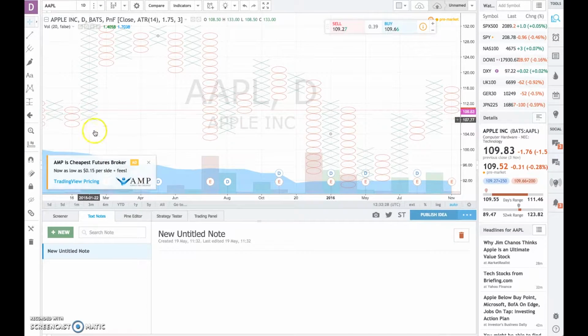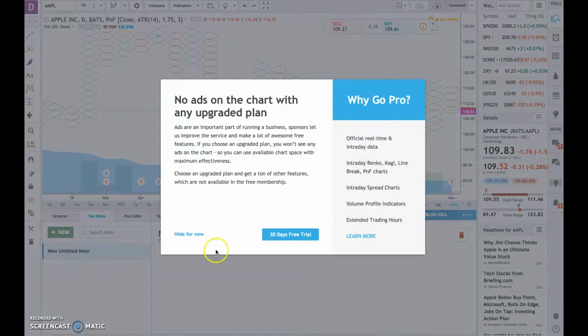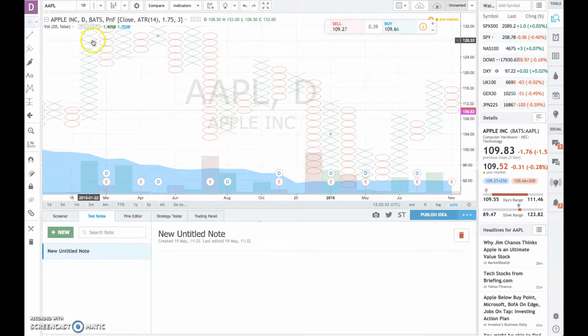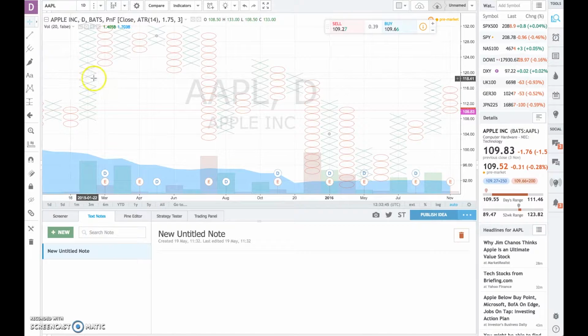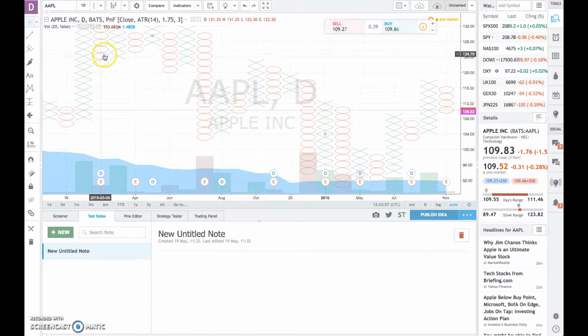So taking a closer look, let's get right into just what this means. The X's and the O's that make up the columns that occupy the space are called box size. Now, the box size is a user-determined value. When a price moves enough in the same direction as the current column, a new X or a new O is added. When stock prices close far enough away in the opposite direction, a new column begins with either an